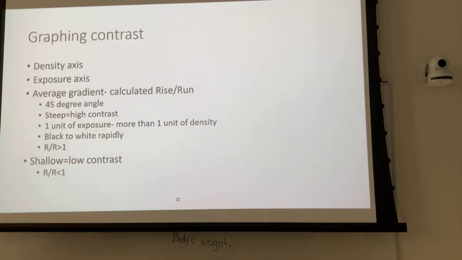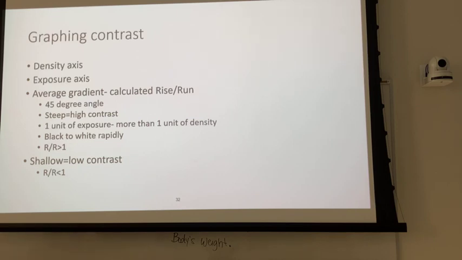Beam restriction being collimation, of course. So back to the H&D curve. When we're talking about the H&D curve, it's just graphing of those factors, demonstrating, plotting the characteristics of the image receptor system, like what we talked about before, speed, but primarily contrast, and the shoulder and toe portion of the curve showing where it is that we lose contrast because